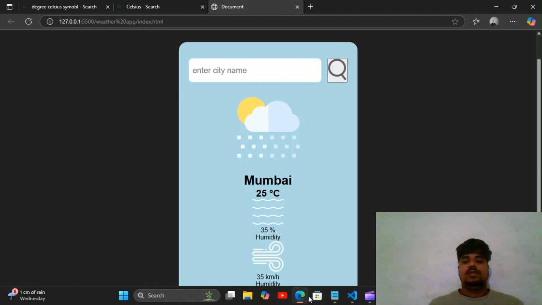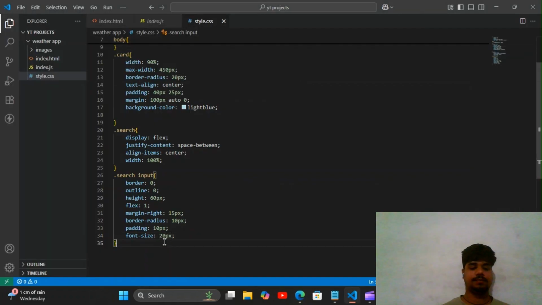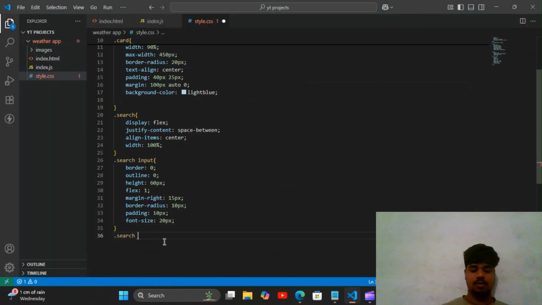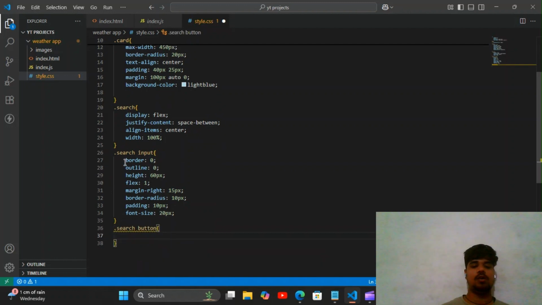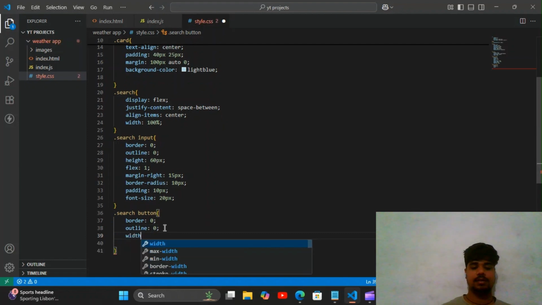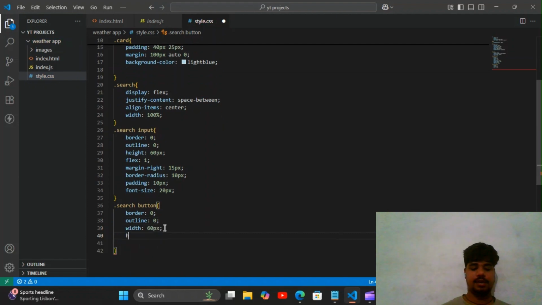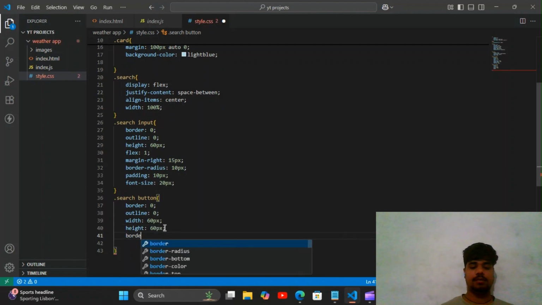So this is our input section. Let's start building our button. Simply, to this button I copy this border and outline and paste it here. I want to provide it a width of 60 pixels and a height of 60 pixels, and after this I want to provide it a border radius of